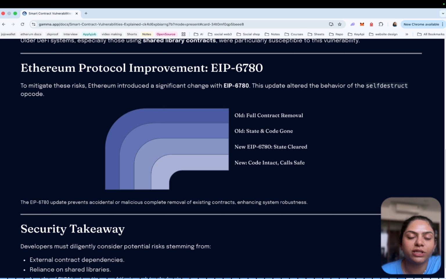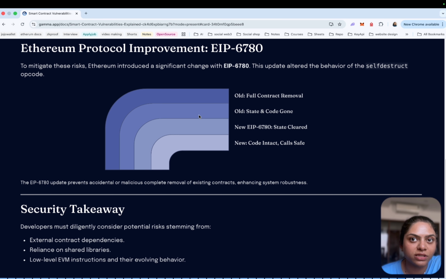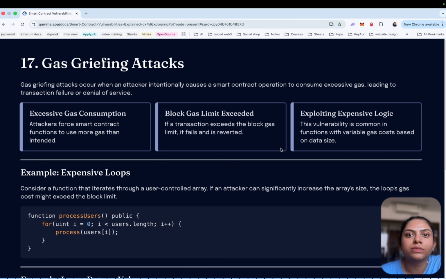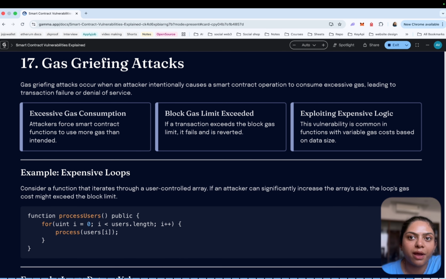These final vulnerabilities demonstrate that smart contract security is not just about correct logic. Developers must also consider how contracts interact with the storage layout and external signatures, and understanding these risks is essential for building secure decentralized systems. The next type of vulnerability is gas griefing.